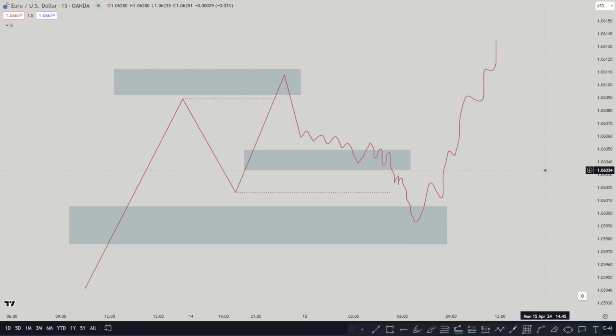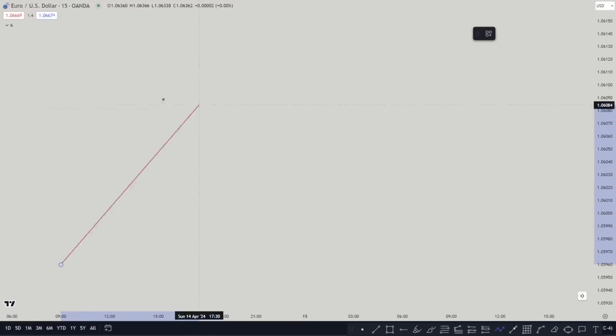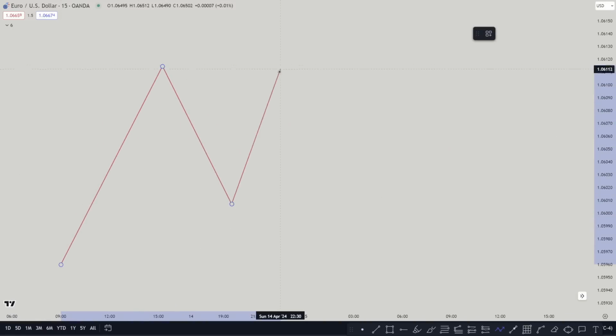So when we have a fair value gap that is either unfilled or partially filled, and then there is a high above it or low below it, we're going to be looking for that fair value gap to be respected, and those lows and any fair value gap inside of that range is to be disrespected. Now another scenario is price going up, coming lower, going up, and either displaces above or not displace above. Or let's say we did not take that high yet, but inside of this range, we had a big fair